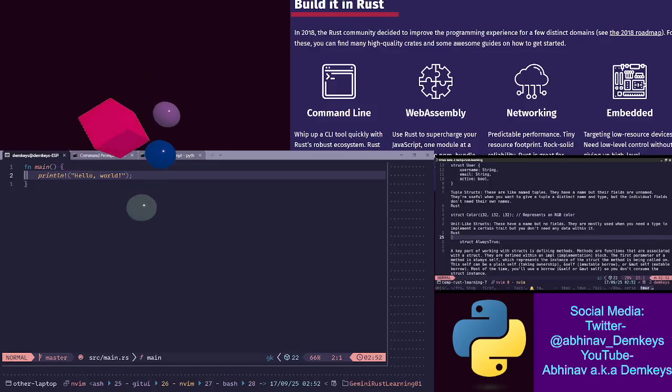These have a name but no fields. They are mostly used when you need a type to implement a certain trait, but you don't need any data within it. I never really thought about unit-like structs in that way, where you implement a type that you can then use, but you don't have any fields that you want within the type.